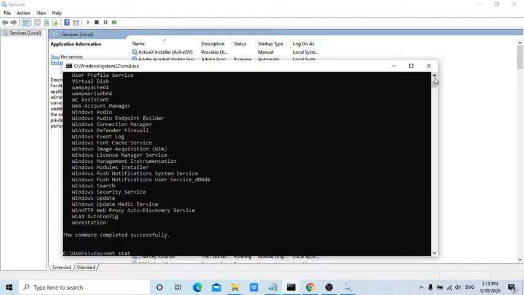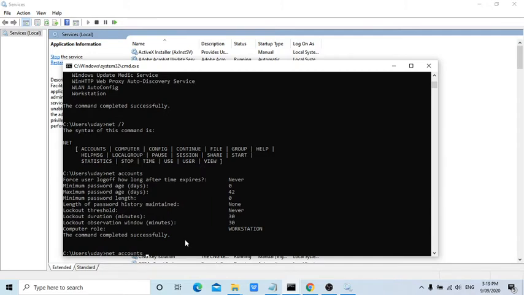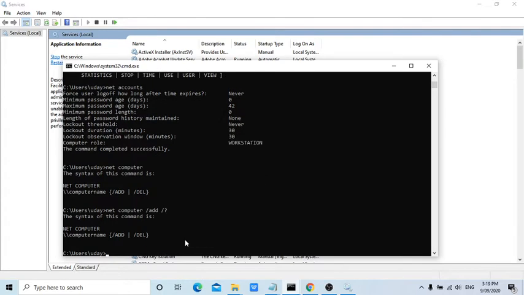The net command we don't have to remember, guys, because it has lots of combinations, and each combination again has more, for example accounts. If you want to know more about, for example, net computer, what I'm trying to say is, if you put slash question mark, it will show how to use the commands. You will also understand how to use the subcommands by passing slash.